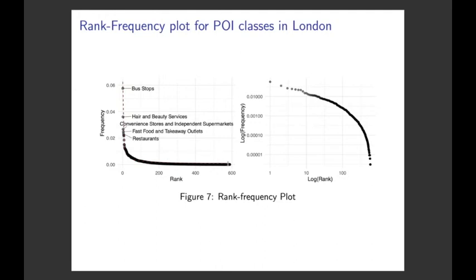This is similar to natural language because only a small proportion of POIs appear in the cities more frequently. It's just like in languages, you only use a small proportion of words compared to the total number of